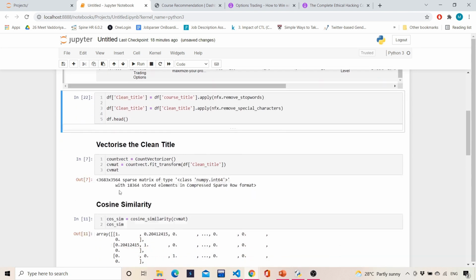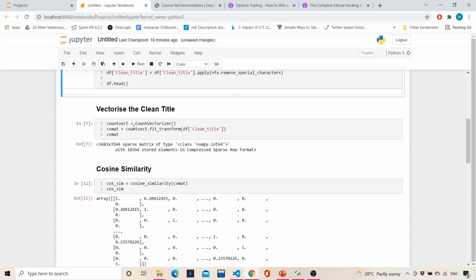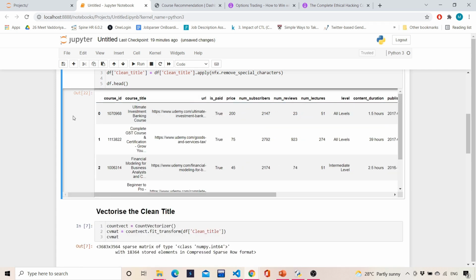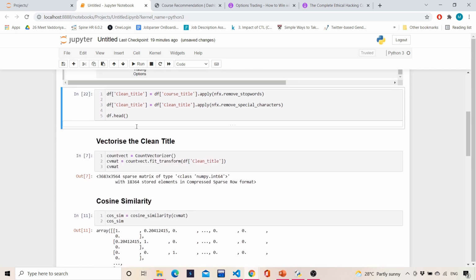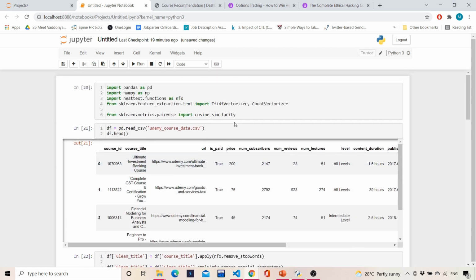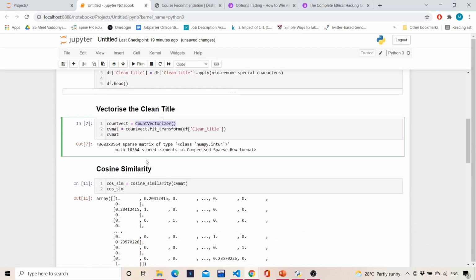Once that is done, we'll vectorize the clean title. So basically we'll directly start off with vectorization. No need for stemming or anything, because titles usually aren't big, so there's nothing to it. So we'll directly do the vectorization of the clean title. So count vect is equal to CountVectorizer, which we imported from scikit-learn feature extraction text, and then we'll fit transform the clean title, and then we'll execute this. So we see that there is a sparse matrix of 3683 into 3654. So there are 3654 new features which have been